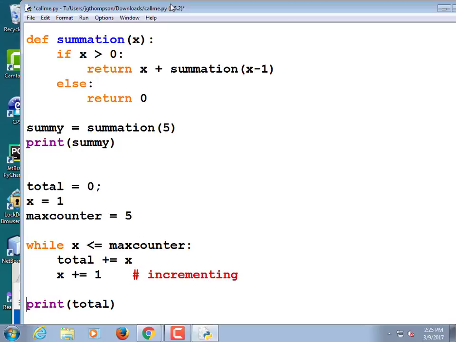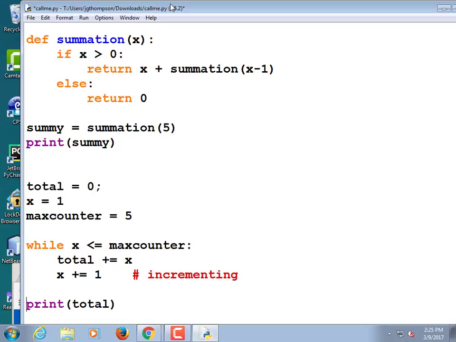So it runs up here. X is now equal to 5. Is x greater than 0? Yay or nay? Yeah, it is. So return 5 plus, and then it calls itself again with x minus 1, which is obviously 4. So it comes back up here, passing in 4.